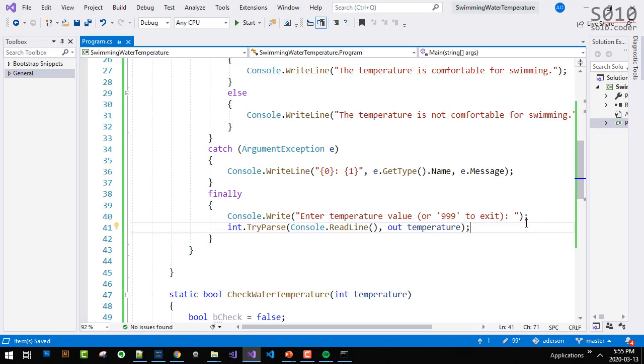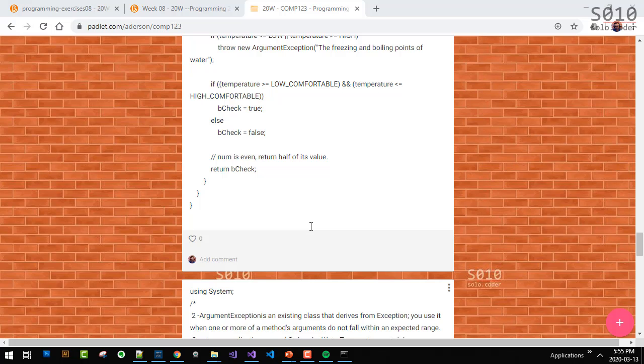So here's the thing. TryParse is a method that returns what? It returns true or false. So you can say if TryParse, you can do an if if you want to tell the user, hey, you typed something wrong here. You may want to use an if statement. Okay? No problem.